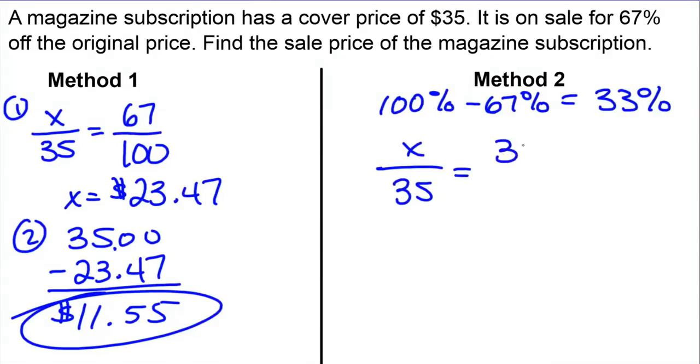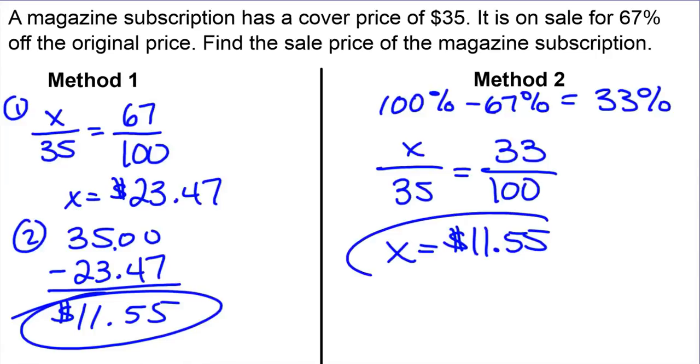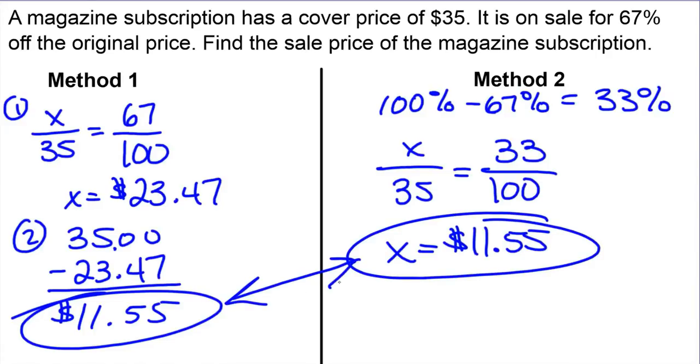What's going to be left if only 33% of the price is left? So if I solve this proportion, guess what you get? You got it, $11.55. So you get the same answer, either method, but I think the one on the right here is a